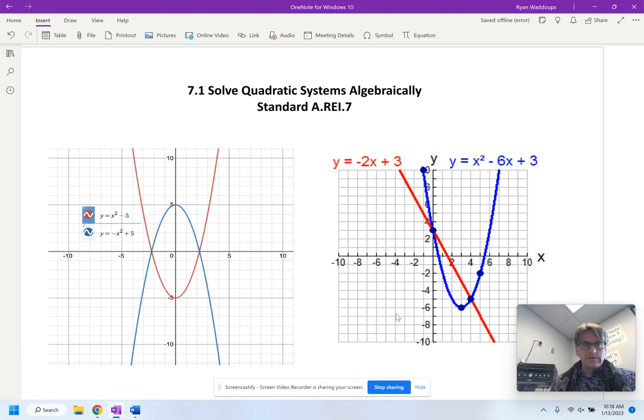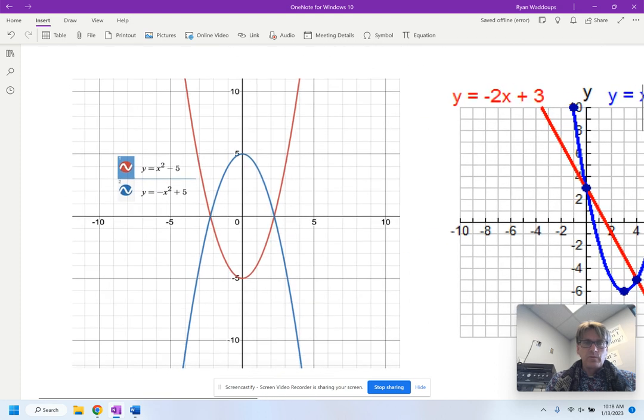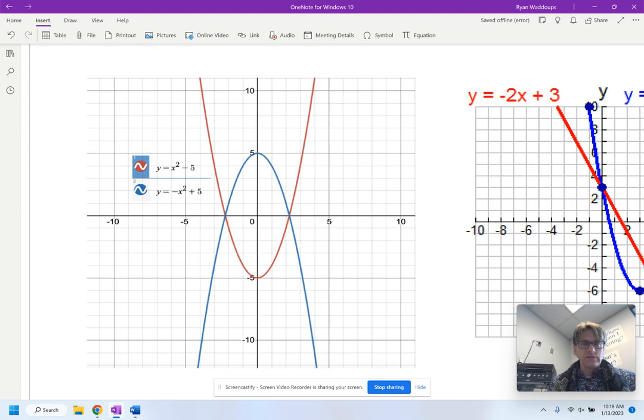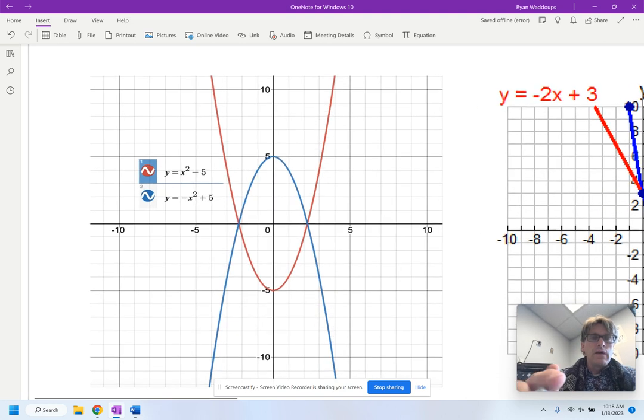Hi, welcome. This is a lesson on how to solve quadratic systems algebraically. So just to recap real quick, we got a couple examples on what it means to solve a system of equations. If you have an equation, every point along the line